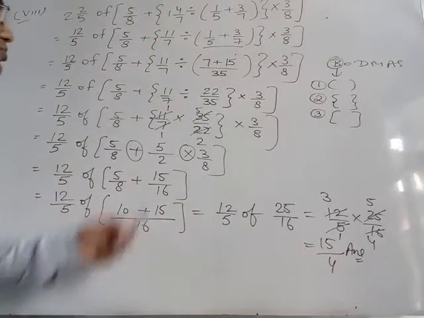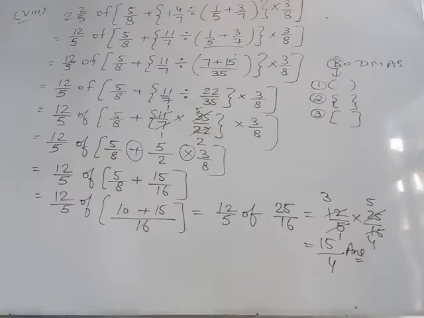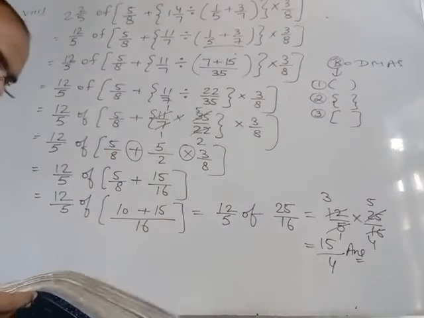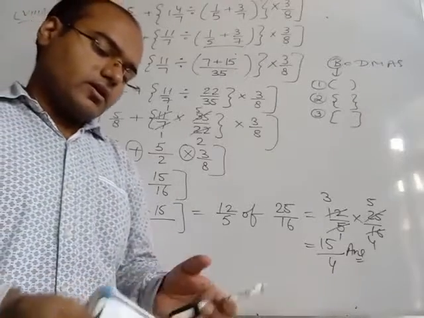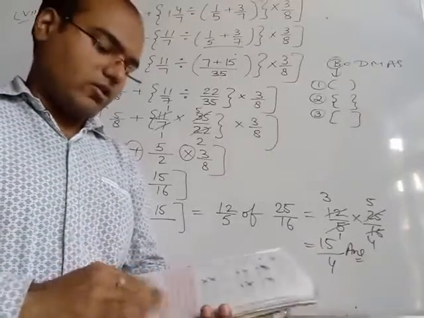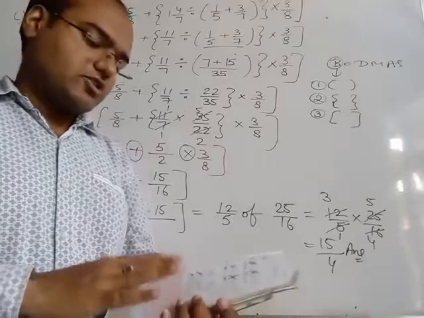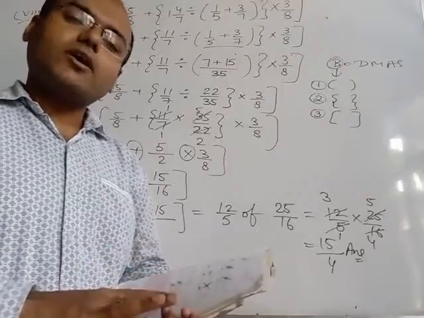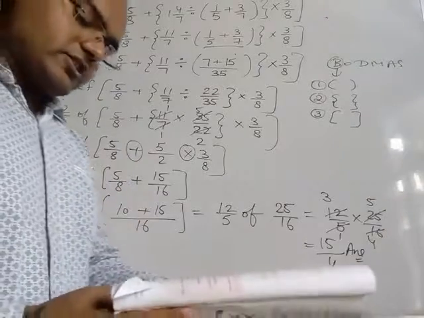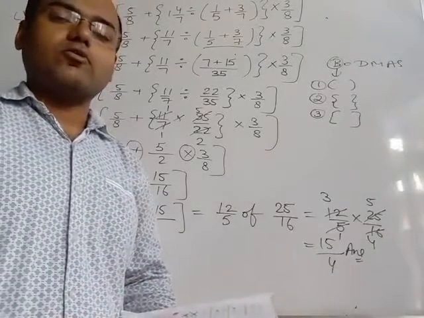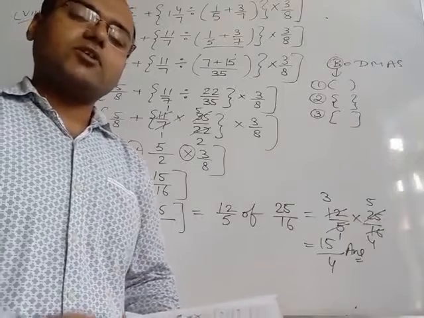So like this you have to do part number 8. Now this exercise is over. Exercise number 2B, all the questions I have explained to you. The rest of the questions which I have given you in the homework, all the parts are the same. So your homework is, you all have to finish this exercise number 2B in your fair notebook. In the next video I will explain the next exercise.